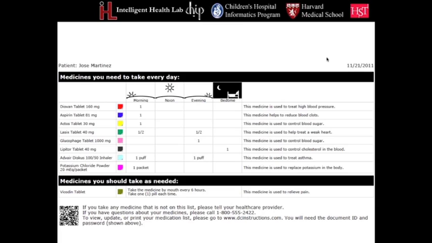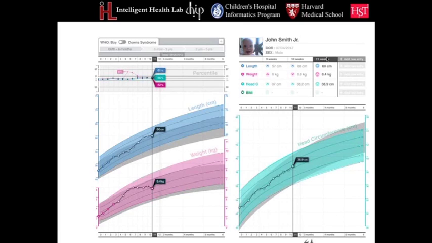Here's an app that won design awards that we commissioned a high-end design firm in New York City called Fjord to actually reimagine an interactive growth chart. And this goes to show you that informatics does not have to be ugly. You can actually be very, very nice.